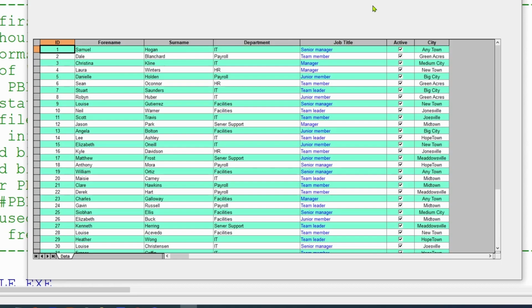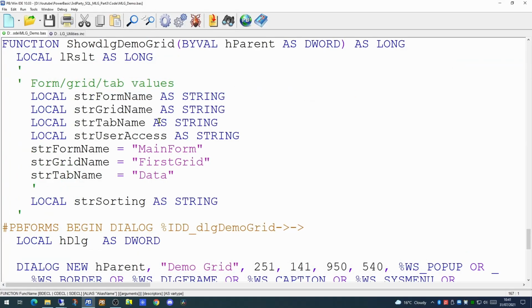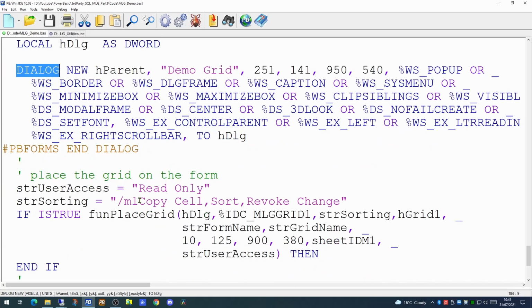So the first thing we're going to do is add a small label above the grid to allow us to report on the number of rows returned by our query. As we will see in the function which displays the grid on screen, the grid is displayed as a dialog in dialog units. And in dialog units, this is where we're actually placing the grid on the screen: 10 from the left and 125 down from the top of the form. So we want to place our label control slightly above the grid, so I think we'll place it at around 100 down. So if we nip into our forms designer,